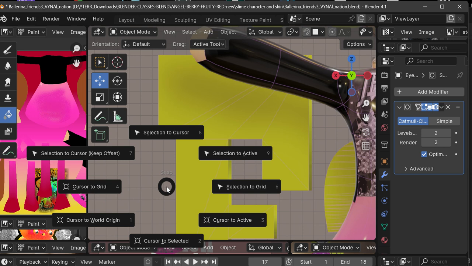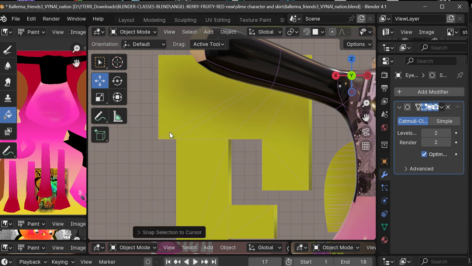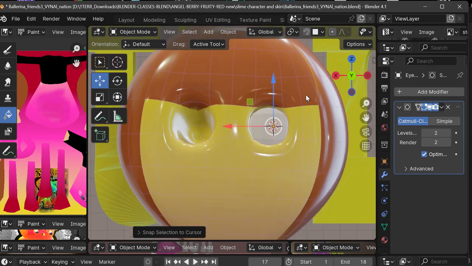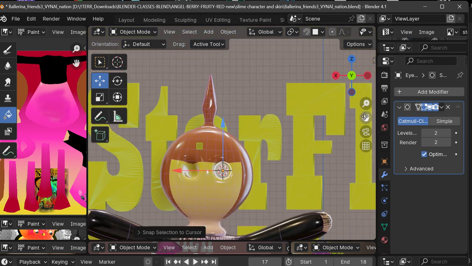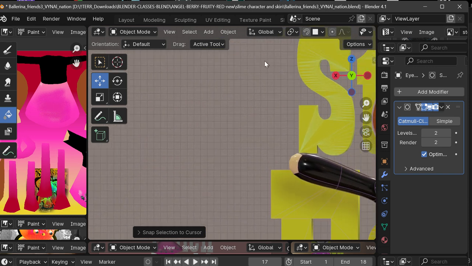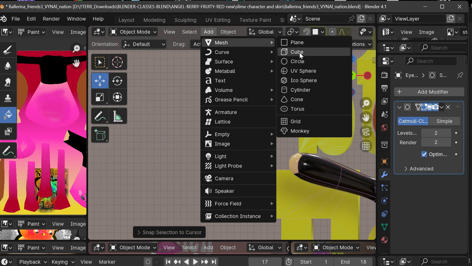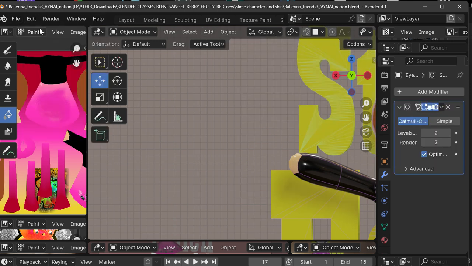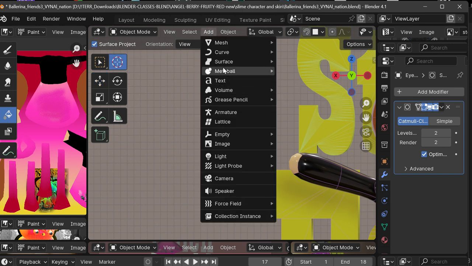And then I'm going to move my mouse to it and let go, and that moved the eyeball to where I had the cursor set, which is so cool. And when you practice it a few times, you can just practice it. You can add a cube, but we'll do edit, undo that. And we'll remember to get on the cursor, and I'll click here and we'll say add a cube,